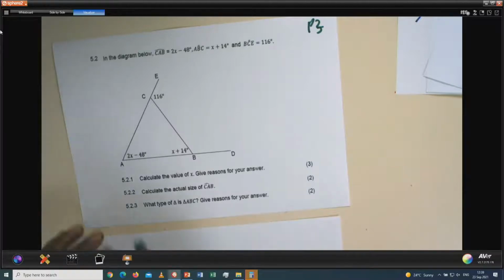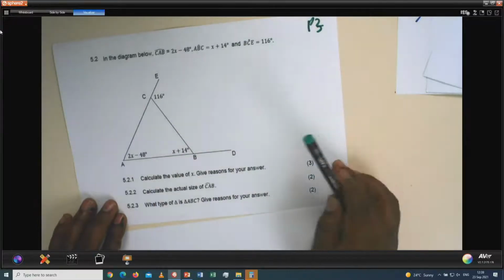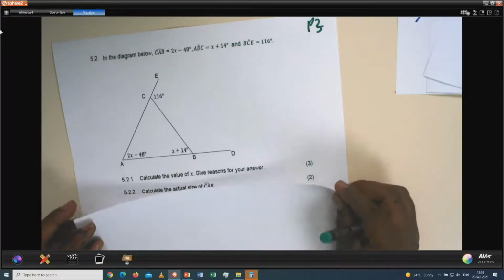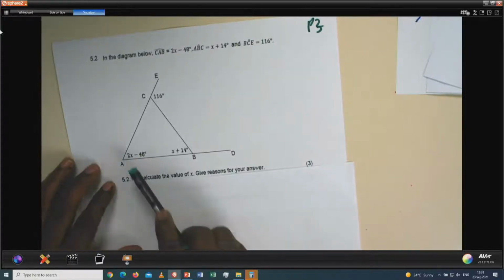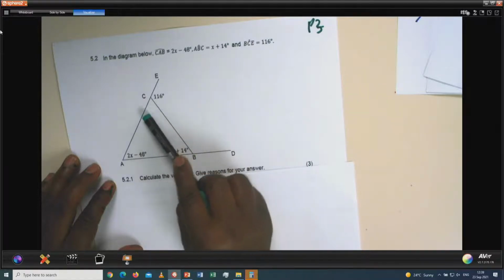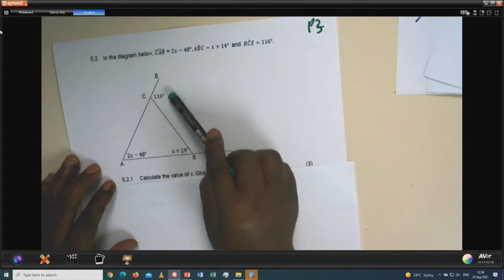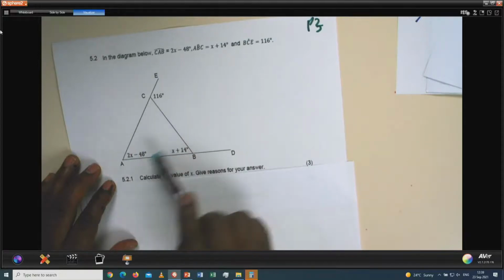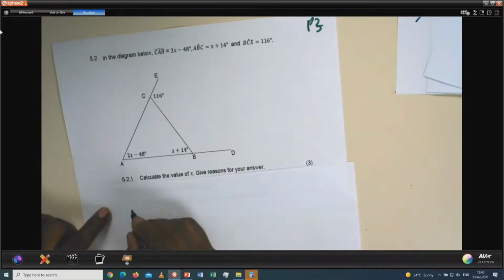What do you have? Where is X? X is inside the triangle. Therefore, we want to talk properties of a triangle. What do we know? Sum of angles of a triangle, 180, but now there's another unknown here. We don't want to go there now. What can you say? I see there are two interior angles. Two interior angles equal the exterior angle. Therefore,